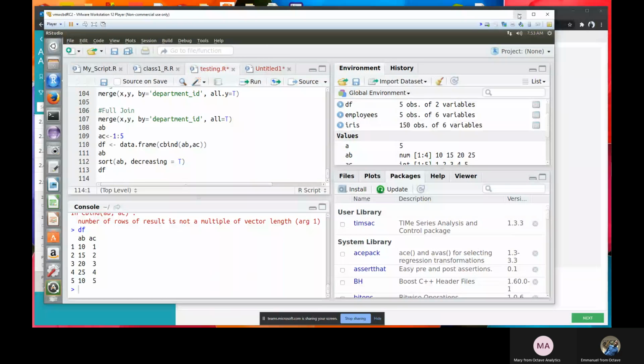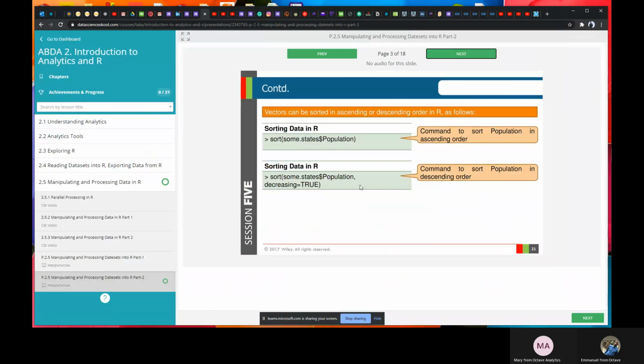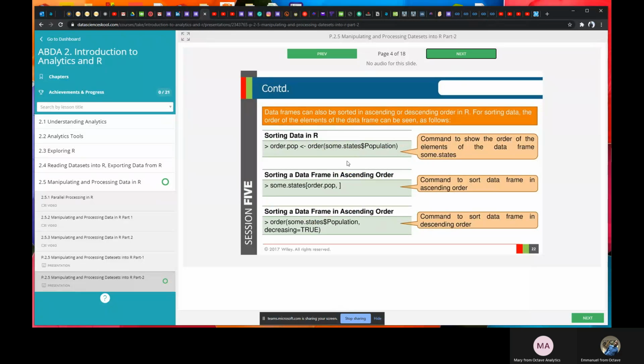Now let's go to our slide again. This is just sorting in ascending order without specifying decreasing equals TRUE. This one does it in descending order. Let's go to the next. Here, a data frame can also be sorted in ascending or descending order in R. For sorting data, the order of the elements of the data frame can be seen as follows.